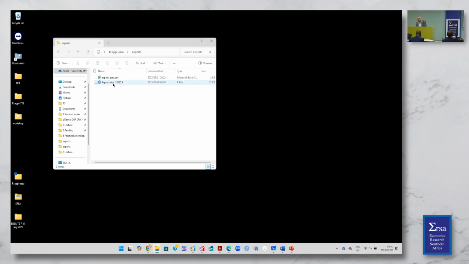So this can be like a skeleton. Next time you analyze imports, then you just copy this and make changes on this,